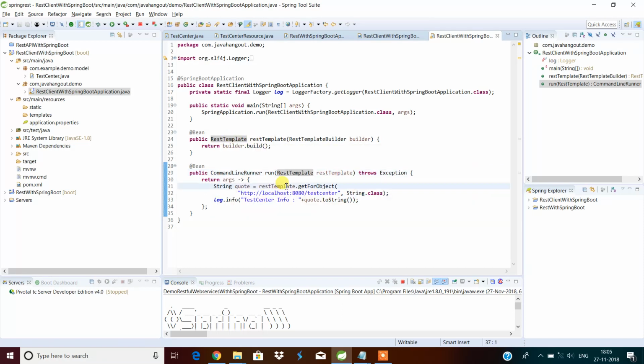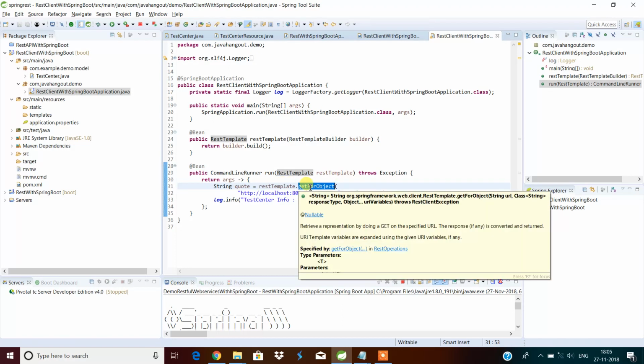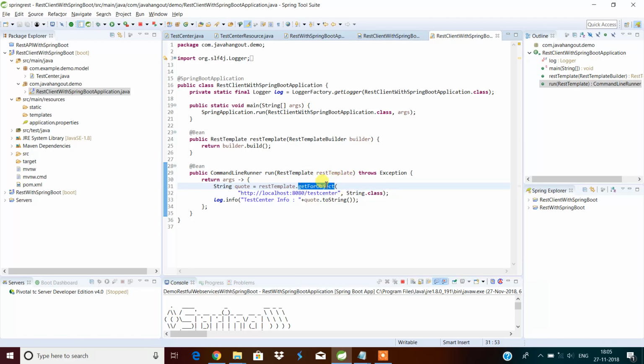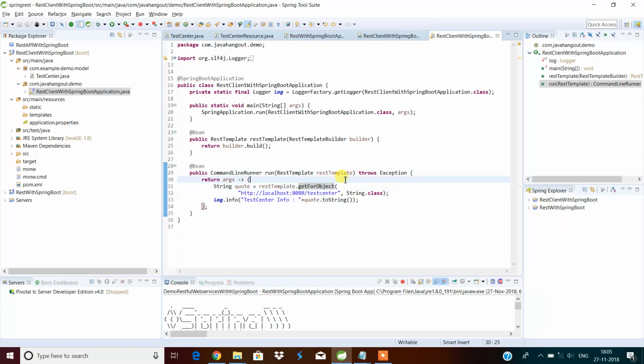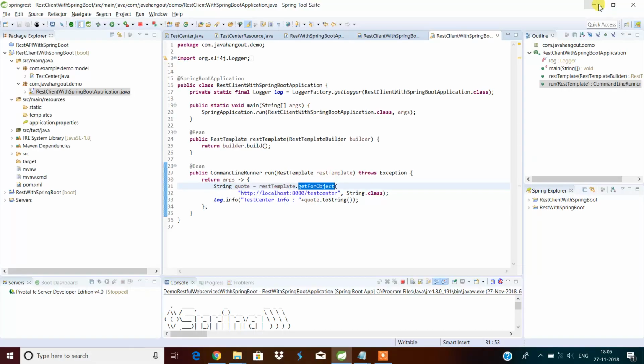So here, see, restTemplate.getForObject. There are multiple methods to consume RESTful web services. This is the very famous one, that's why I used it. One more is exchange. So here I'm passing the URL of that RESTful web service, where we saw http://localhost:8080/testcenter. The same thing I'm passing here, and one more argument